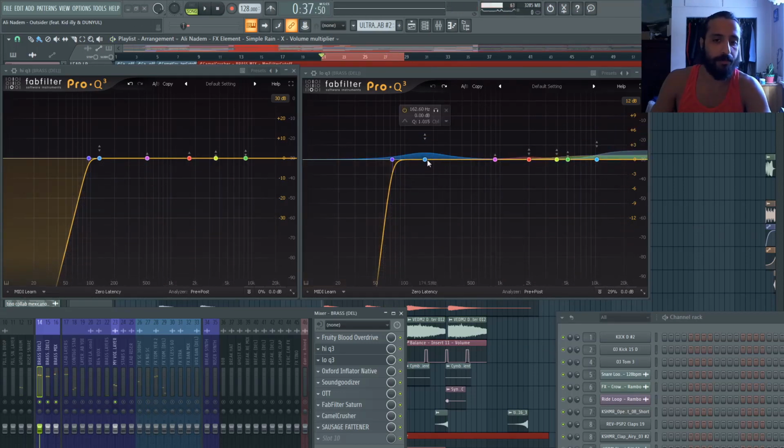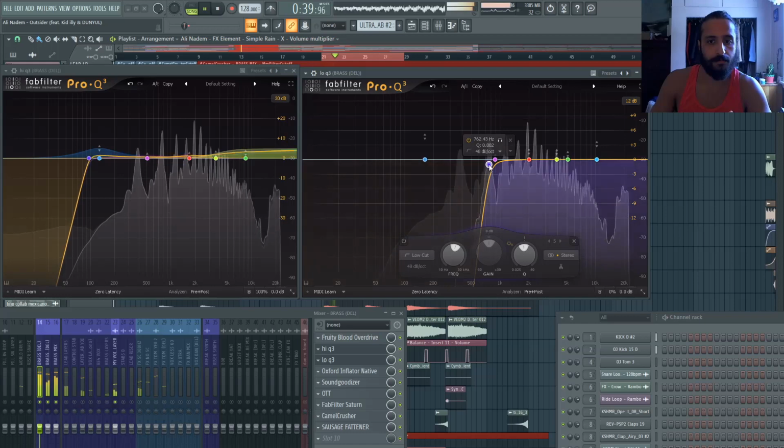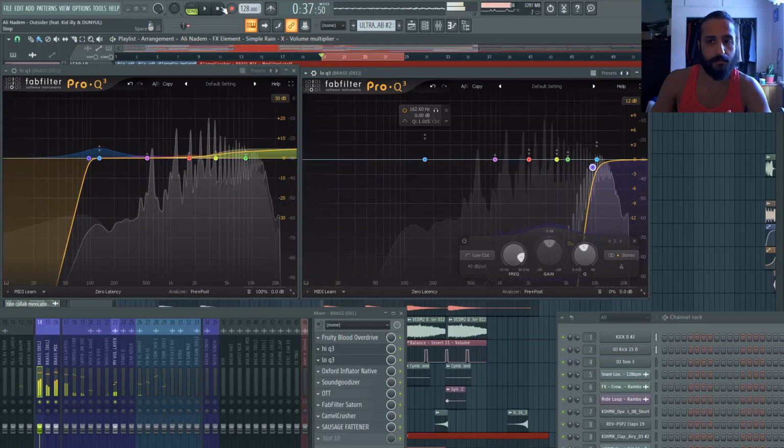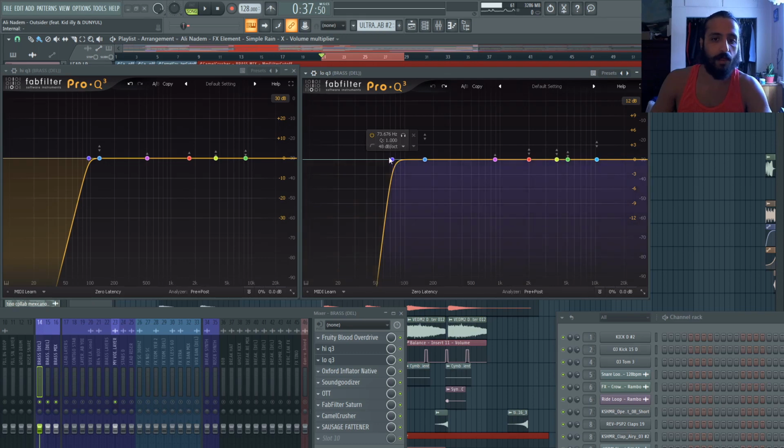So even for drop B, the cutoff right there for the low cut is still static. And what do I mean by that? That means that even if this is at 0%, so even with that at 0%, be careful about the cuts that you do and the EQ decisions that you do,